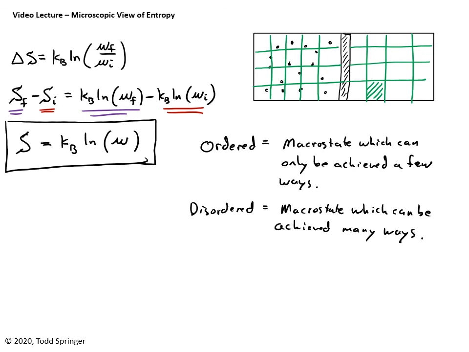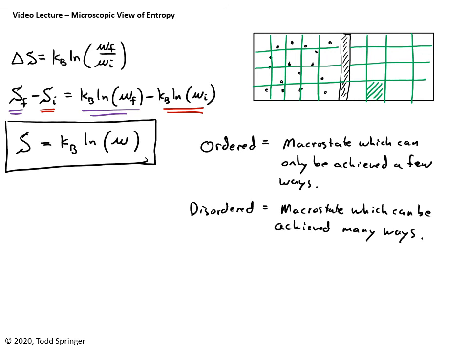So the analogy I like is, imagine you're standing at the corner of your bedroom with a bunch of socks and you throw all the socks into your bedroom. Most likely, the socks are going to land all over the place in the room and it's going to be messy, right? So it's a disordered room. It's because there's a lot of ways that it could be messy. There's tons of places that the sock could be in the room. What is very unlikely is for you to throw the socks and they all land perfectly in your drawer, folded. That's something you've never seen.